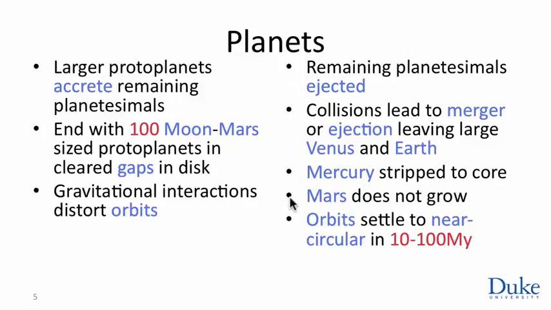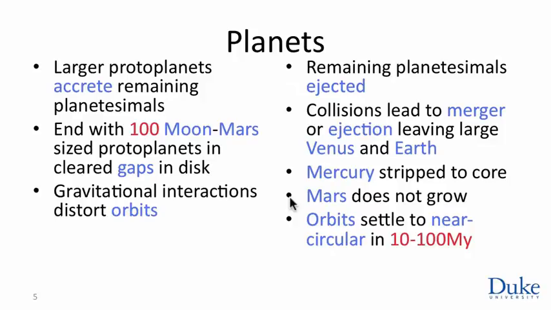They either accrete the planetesimals, or if they collide with them, they might blow them up and eject them from the inner solar system. The result of this process is that you end up with about 100 objects the size of the Moon, Mars, so smaller than the Earth. These are the protoplanets, and they have cleared gaps in the disk. So where a protoplanet is orbiting, there will be no more planetesimals. Planetesimals will still be orbiting